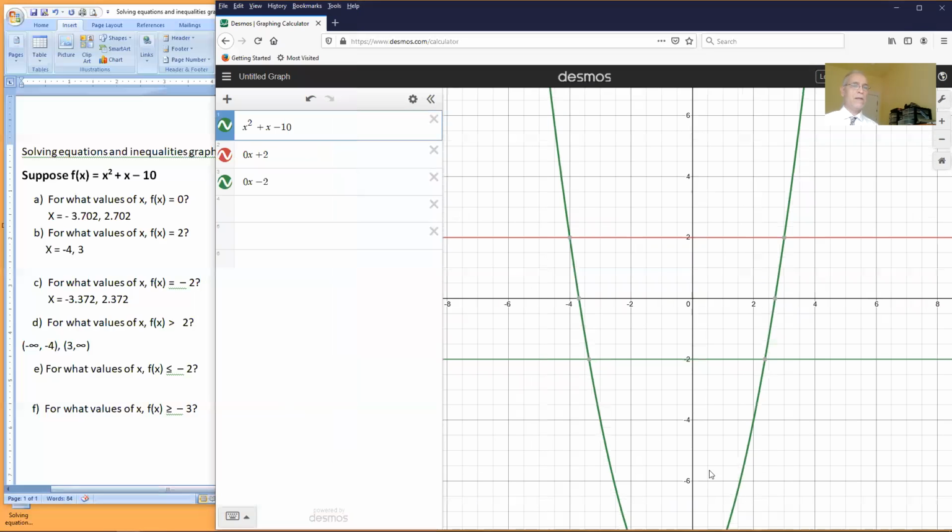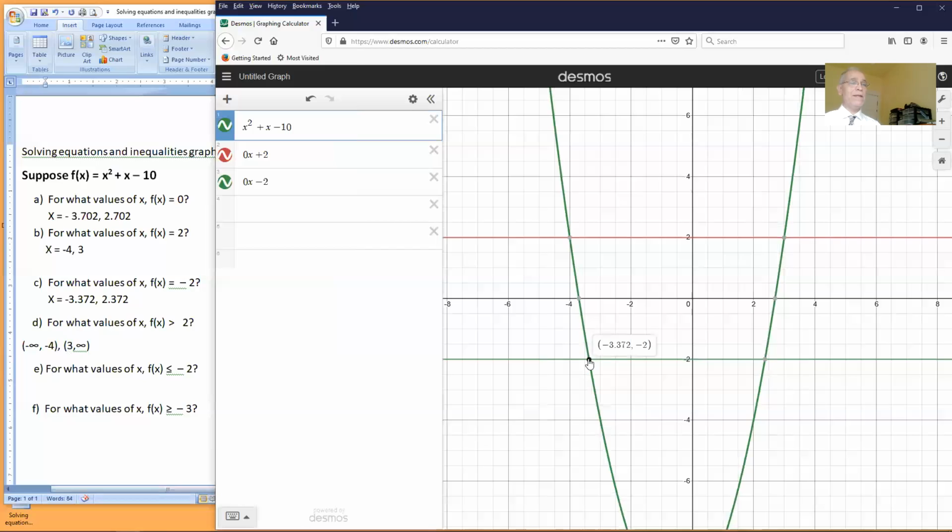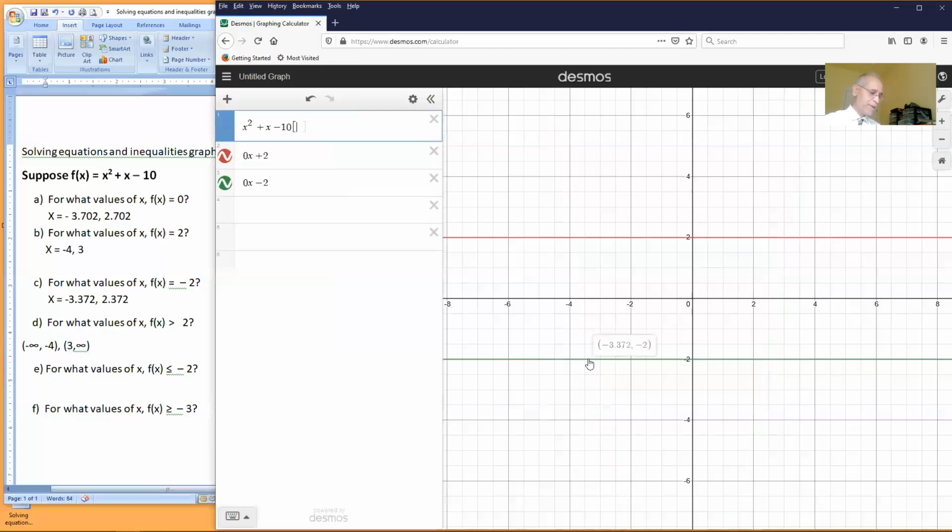So now I'm going to go back to the question and say starting from, and this time my inequality is inclusive. So I do have an equal sign in my inequality. So I'm going to put a bracket, negative 3.372, all the way to